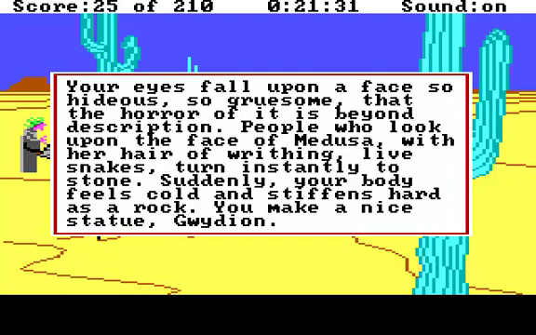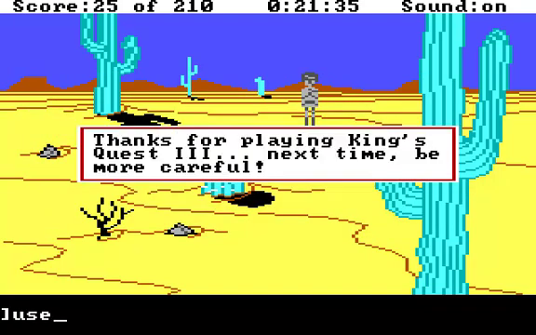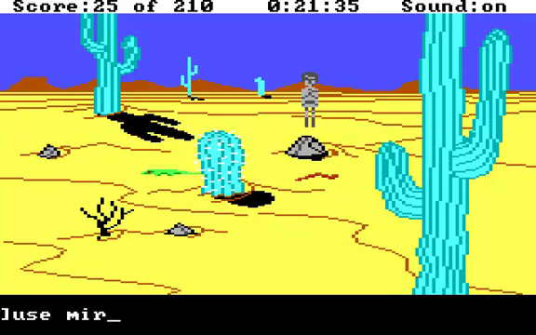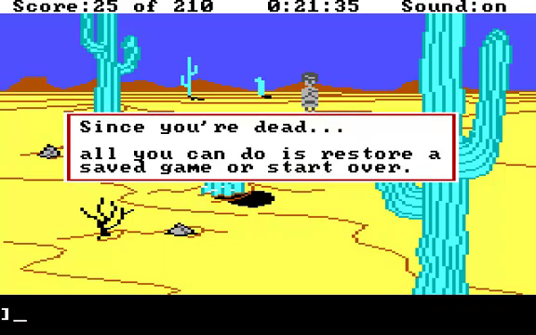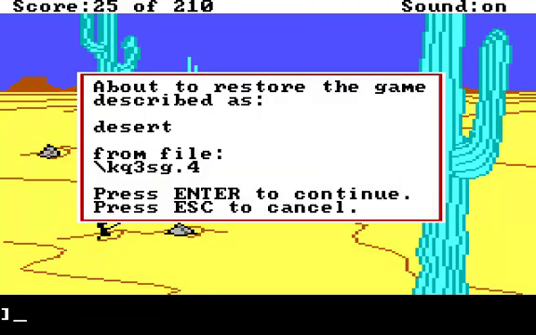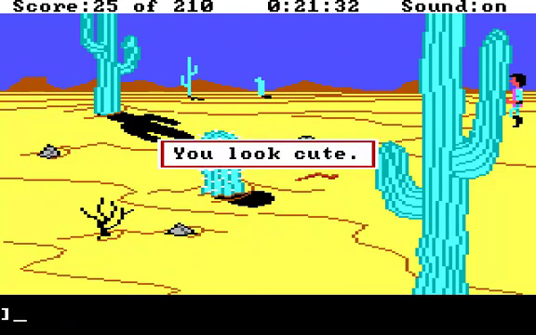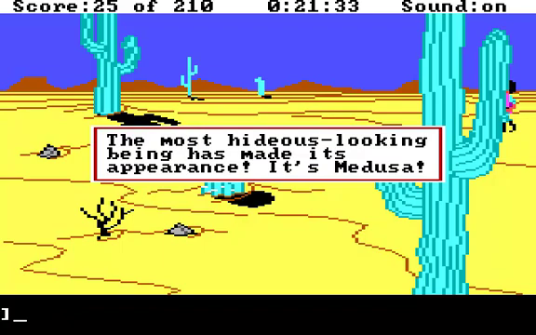You make a nice statue, Gwydion. Well, that hardly seems fair. Like the instant... yeah, we didn't even seem to get a chance. And then the wizard shows up, is like, you jerk, and changes you back. He changes you back into a snail and then shows up and changes you into a statue of a snail. Can you use it ahead of time? You look cute! Now you're on the right track, but...